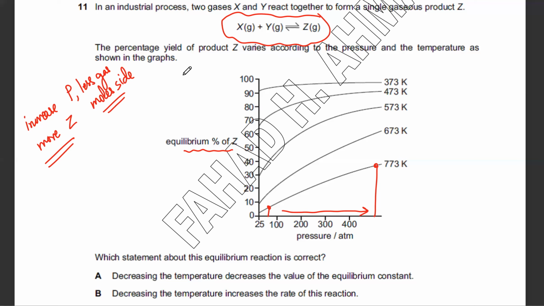Whenever you increase pressure, less gas mole side फेवर होती है। तो इसमें less gas mole side कौन सी है? लेफ्ट साइड पे 2 moles हैं, 1 mole of this and 1 mole of this, और राइट साइड पे just 1 mole. तो जब भी इंक्रीज करोगे प्रेशर तो लेस गैस मोल साइड, तो फॉरवर्ड फेवर होगा। You should be able to read the graph and what information the graph is giving. Is that clear? Yes. अच्छा, ऐसे बात समझ आइए।